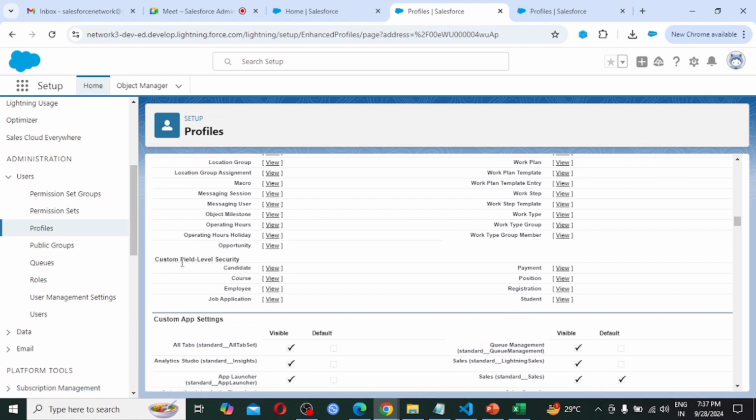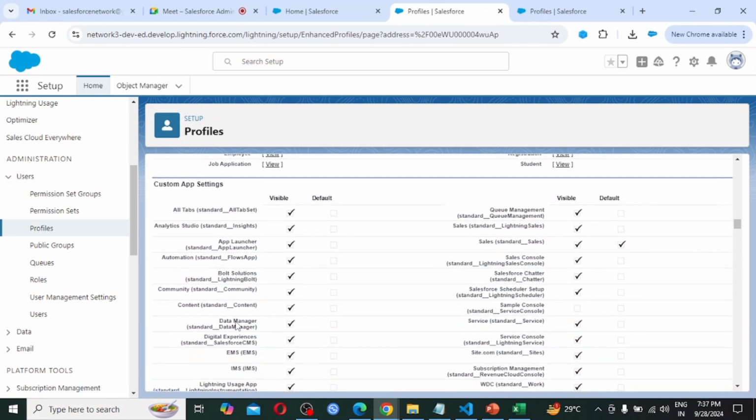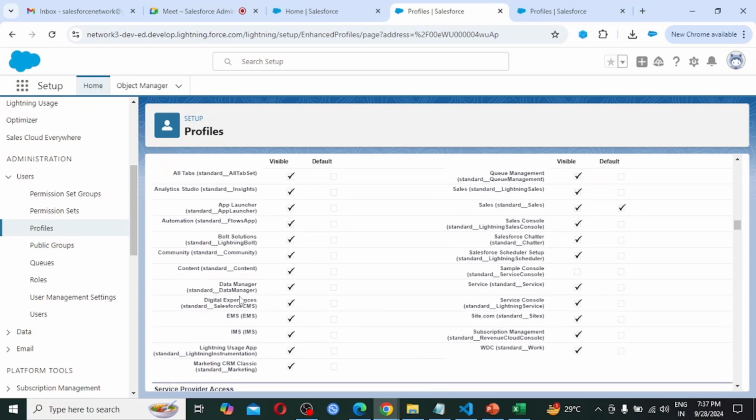We are at custom field level security. Next we are seeing custom app settings. So custom application settings, all tabs, these are the application names. We had also created a couple of applications. As we are seeing, these are all standard applications, but EMS, employee management system, is a custom application, and